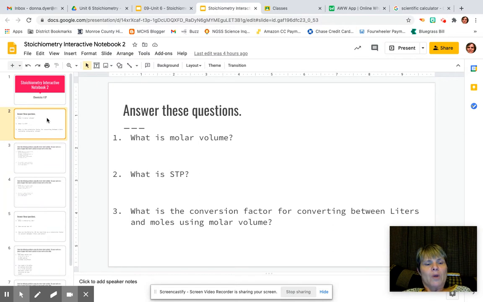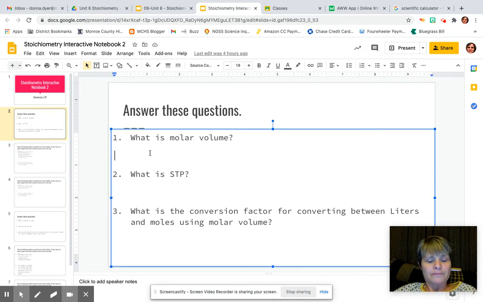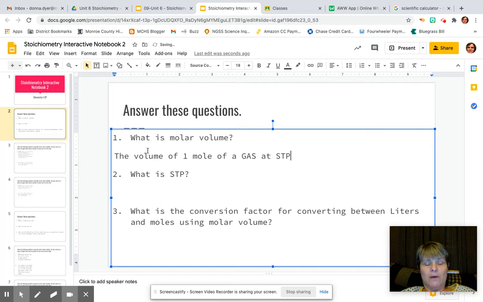So what is molar volume? Molar volume is the volume of 1 mole of a gas at STP. Okay, so again, I made that capital because we're talking about gases here. And then the other thing is that it's at STP. Well, what is STP? Okay, well, STP stands for